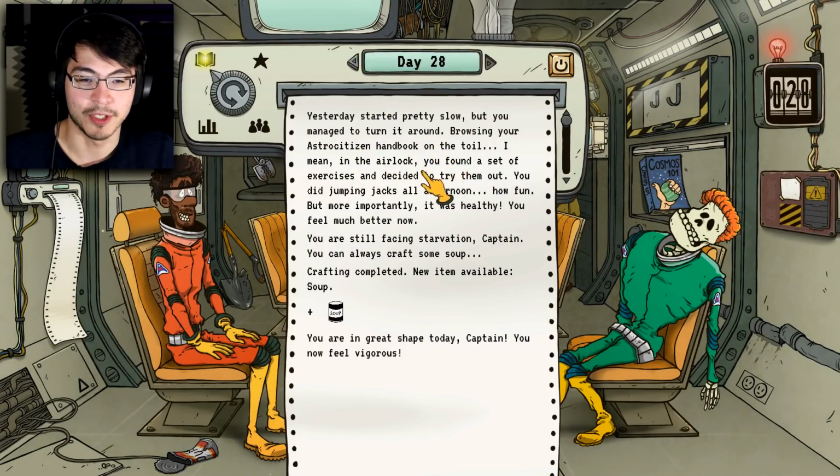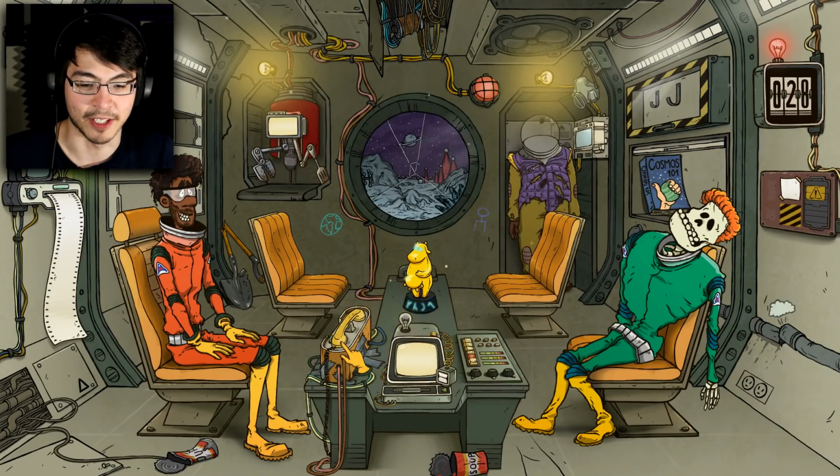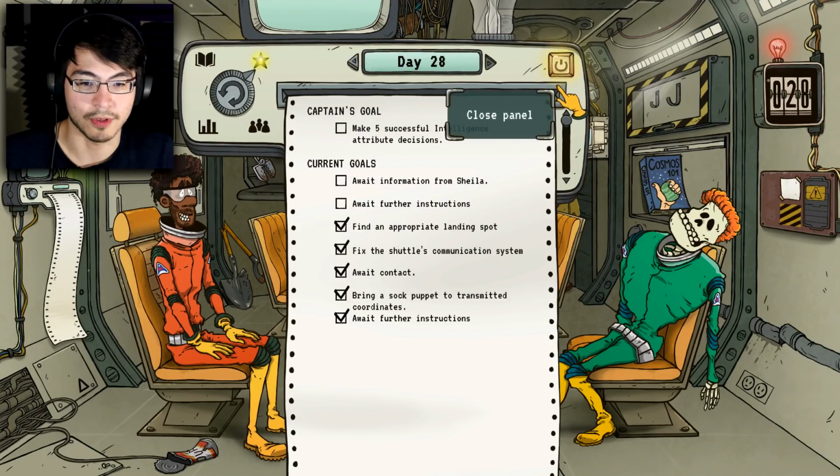Yesterday started pretty slow, but you managed to turn around. Browsing your Astro Citizen handbook on the airlock, you found a set of exercises and decided to try them out. It was healthy. You feel much better now. I am starving and yet vigorous. Ironic. Okay, now I got soup, so I can...